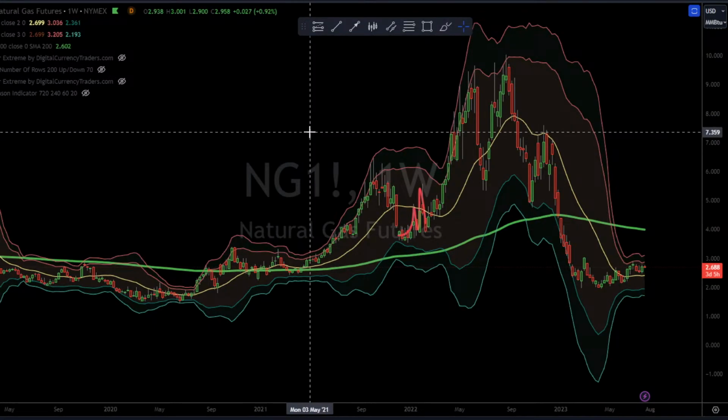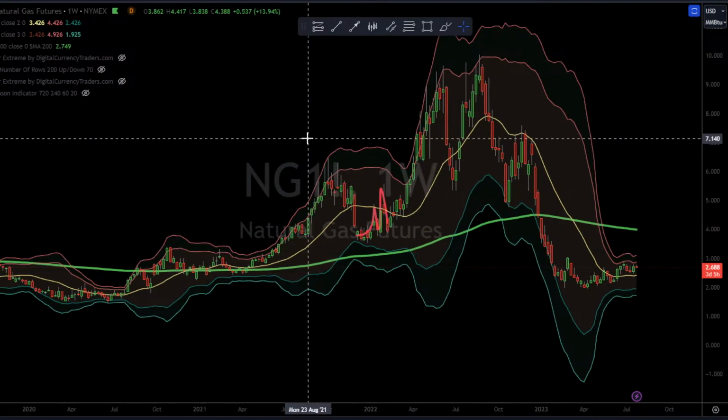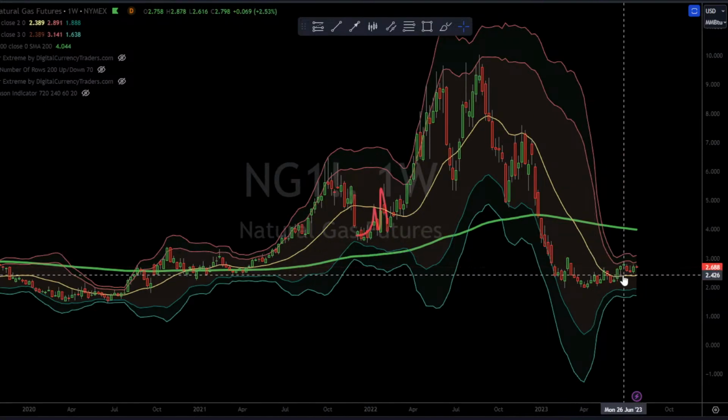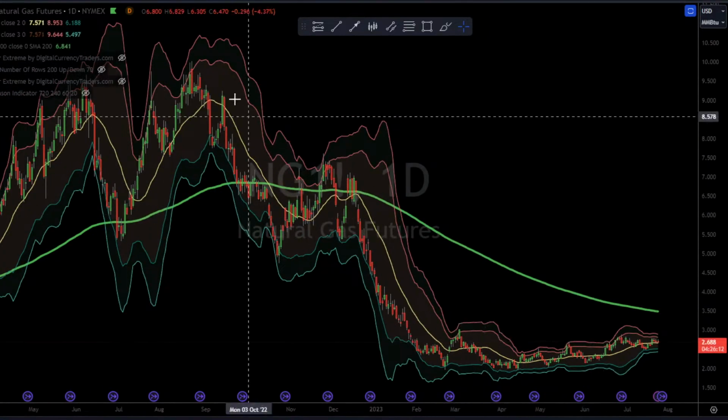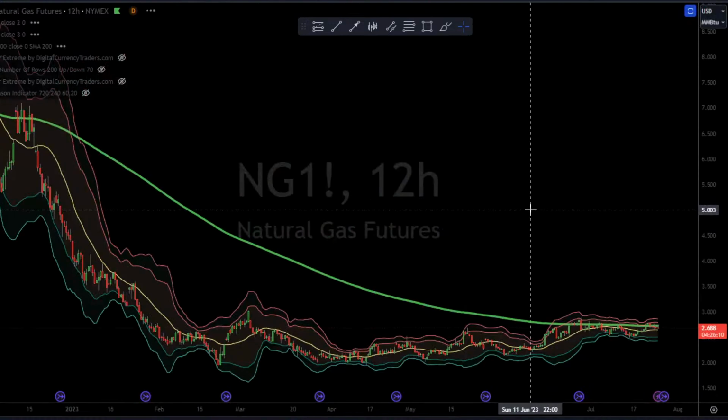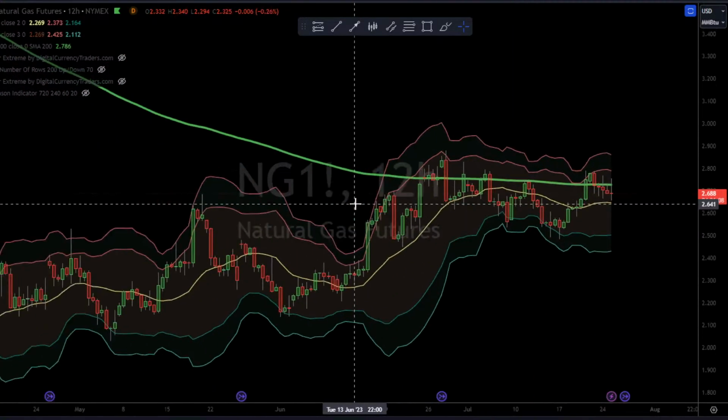So in the weekly Bollinger Bands, we've come down to a real pinch here. That's really important. The pinches mean something big is coming. Going into the daily, the pinch is just sideways and must be maddening if you're trying to get a long-term position in that. But as it's coming back,